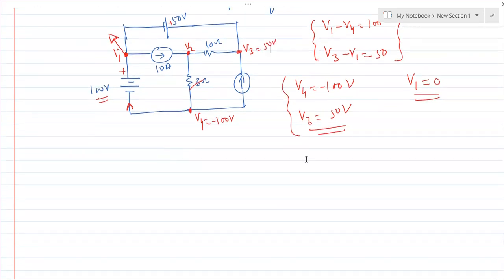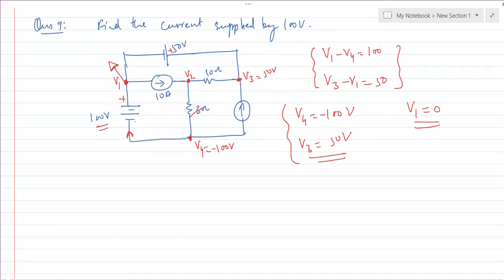Now we have only one junction unknown, that is the second junction, and voltage V2 has to be found out using KCL. Let's do this. For V2, let us consider one current is flowing in this direction, another one in this direction. This current source is 5 ampere, right? Now, what is the equation on this junction? The equation for junction number 2.